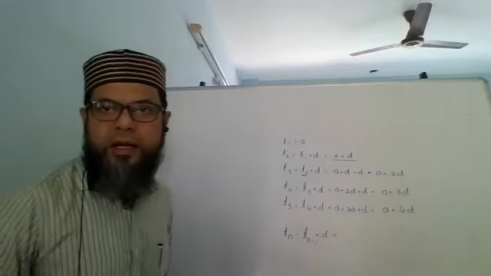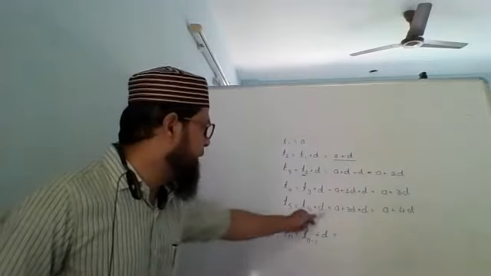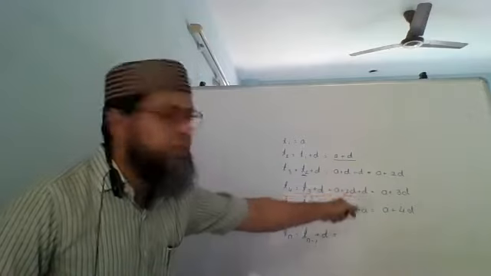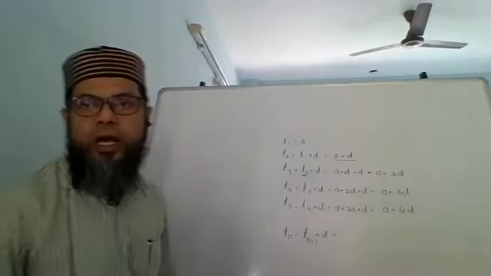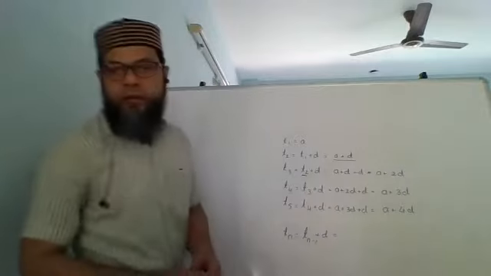T5 equals T4 plus D. T4 is nothing but A plus 3D, and that D remains as it is. So it becomes A plus 4D. Similarly, Tn will be